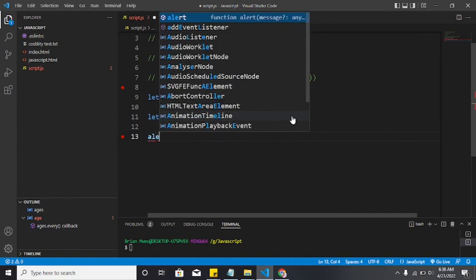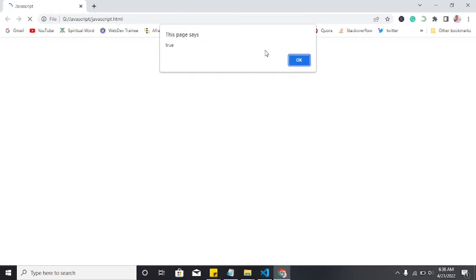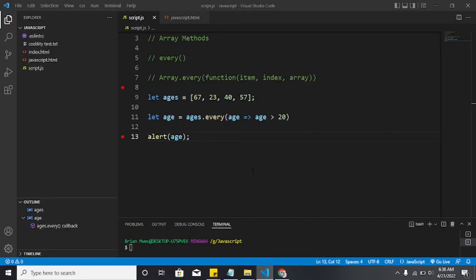So just to print out what we want, you can see all of them are true. So this is going to return true because all the elements are greater than 20. So this is what the every method does. It checks if the elements satisfy a provided test condition, and then it returns a boolean